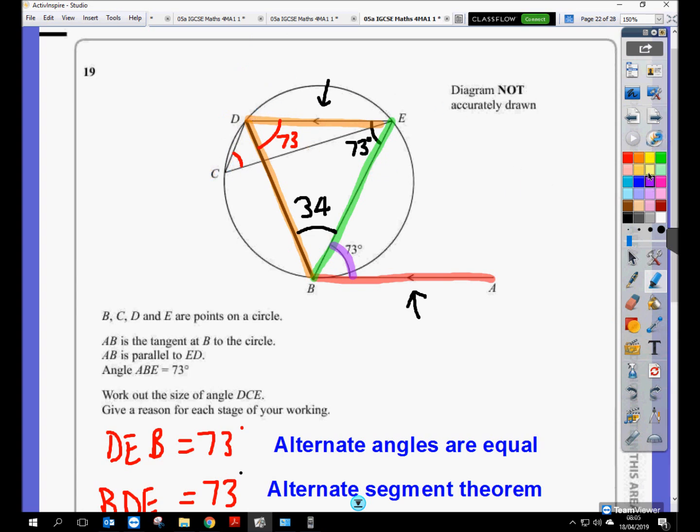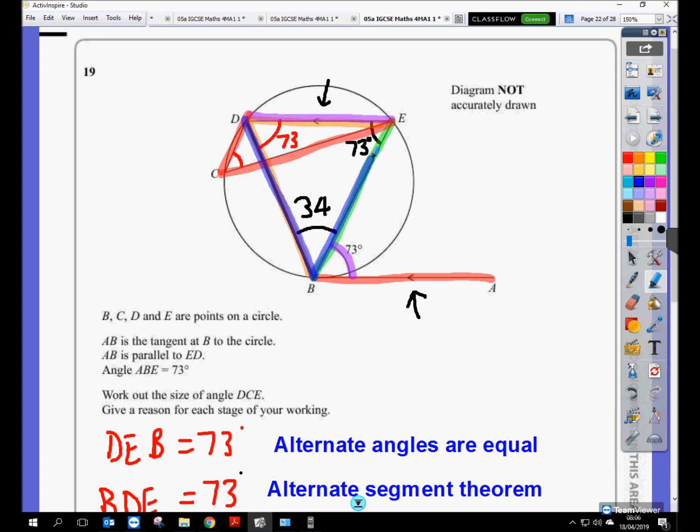Now, if you take a look at the chord DE, so just focus on the chord DE. The chord DE leads to this angle here at DCE. So if you take the purple chord there, DE, and follow it to the edge, it works out that angle DCE. But if you take the same chord, I'll use a different color this time, blue. If you take the purple chord and follow it to somewhere else on the circumference, so like you follow it to this angle here, DBE,